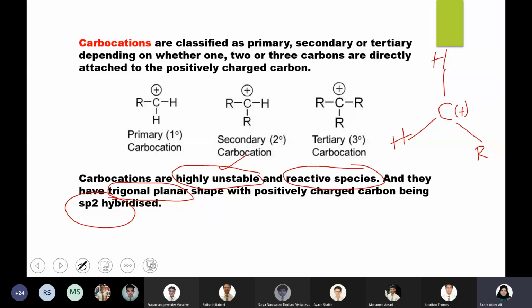This is the trigonal planar structure for the primary carbocation. Or for the tertiary, all 3 trigonal planar positions are alkyl groups and there is a positive charge on the carbon. So here, sp2 hybridization with trigonal planar geometry. Please highlight and note down these points about the geometry and hybridization. So this is about carbocation and its classification. In the next slide, we are comparing